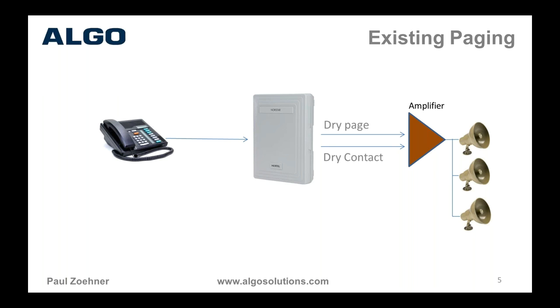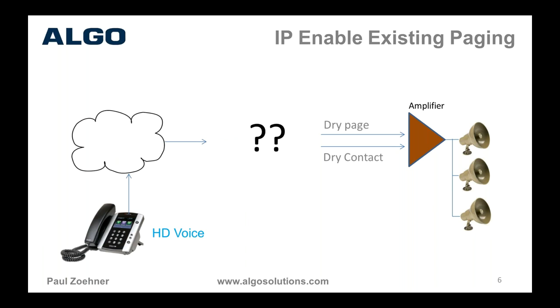Because there's so many of these out here, of course, they've been replaced now for a long time and they're still being replaced. But the question comes up what to do when that old phone system is removed and you have a new UC environment. How are you going to connect that existing infrastructure to the cloud? So what we see often done is an ATA is provided